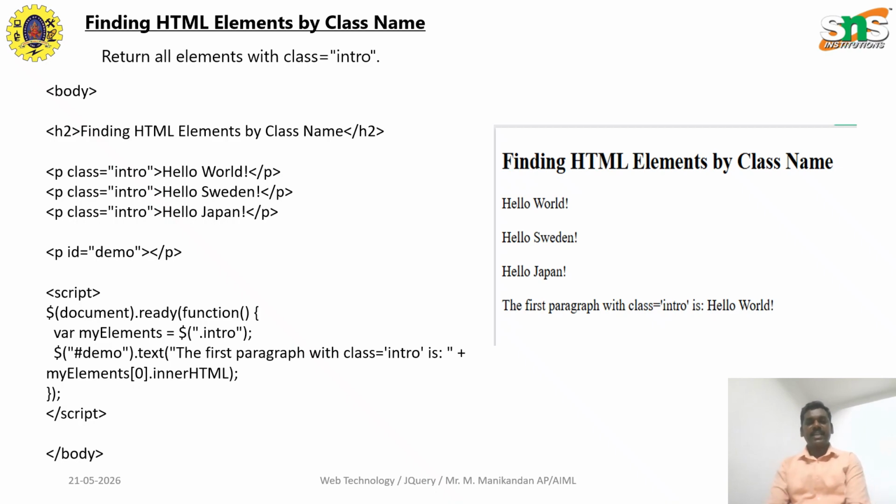In the output we have hello world, hello Sweden, hello Japan, that is, three P tags are displaying. And then inside the last P tag, it is getting